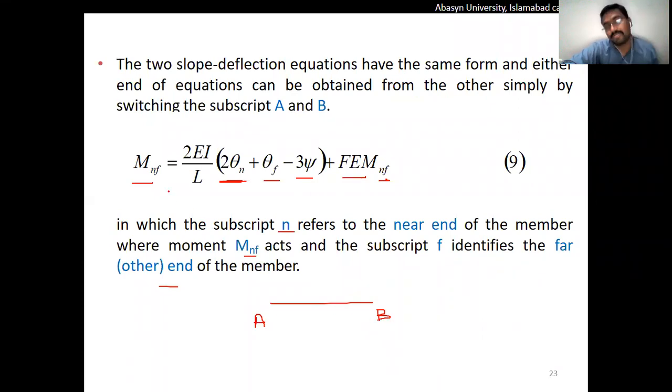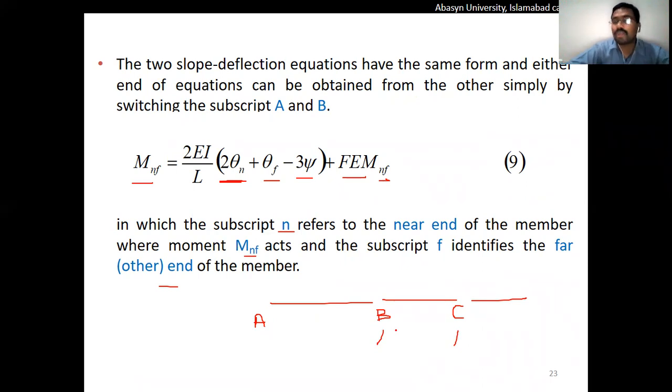And the reason for generalizing this equation is that in the case of a continuous beam, we have more than one, two, or three spans. So if we are calculating the deformation in the span CB, what will happen? B will become the near end and C will become the far end. From this we can apply this equation to any number of spans.